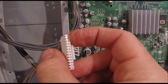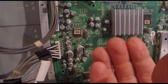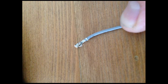And what I did was, this is the female end of the pin. I pinched it. I took a picture of it, maybe I can post it on this video, but I pinched it to make it closer together so it would grip those pins tighter. And that's all I did, was just the one that I found messed up. I pinched it,